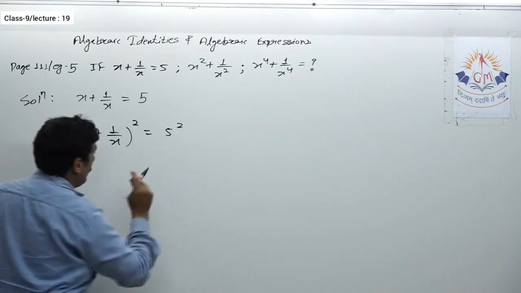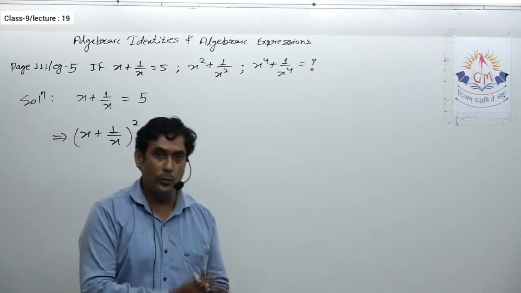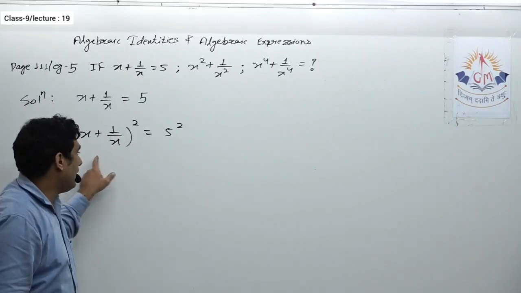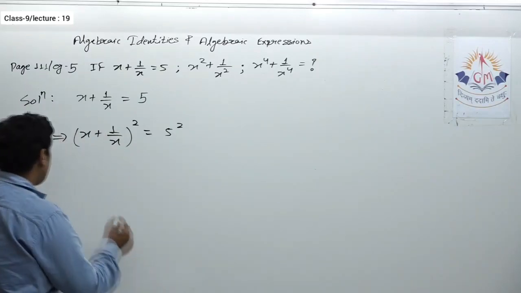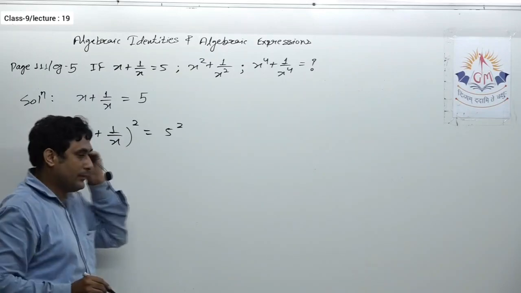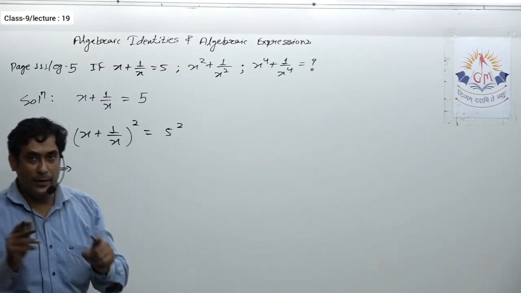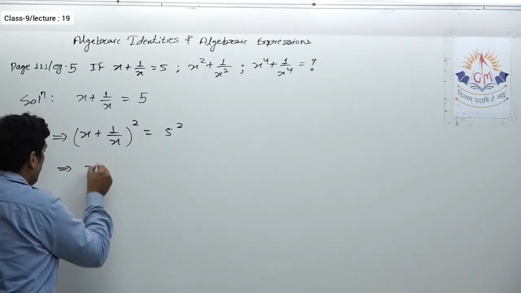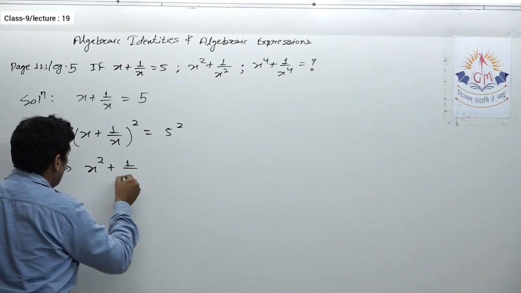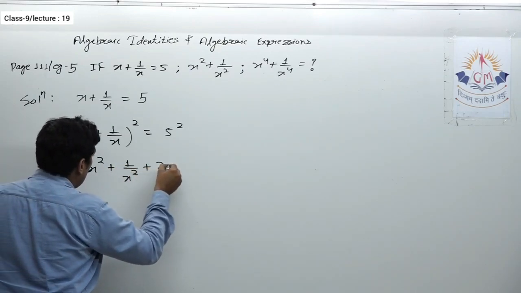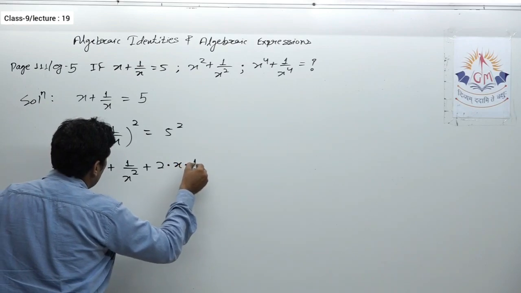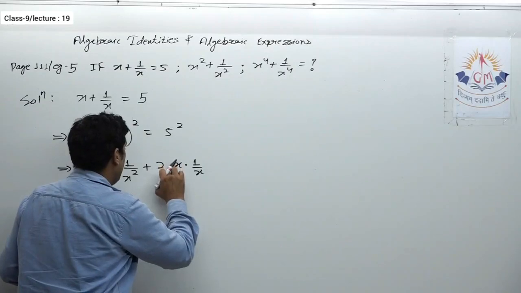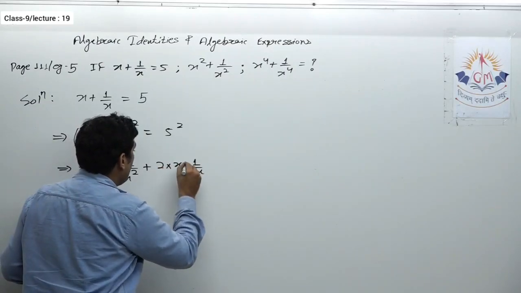Whenever we have to make a square or cube, or whenever we have to add or multiply something, we have to do it on both sides. So here I can say, squaring both sides. Now here you have to apply the identity of (a plus b) whole square, that is a square plus b square plus 2ab. So a square plus b square plus 2 into a into b. This dot represents the multiplication, and if you are getting confused, you can apply the multiplication sign also.